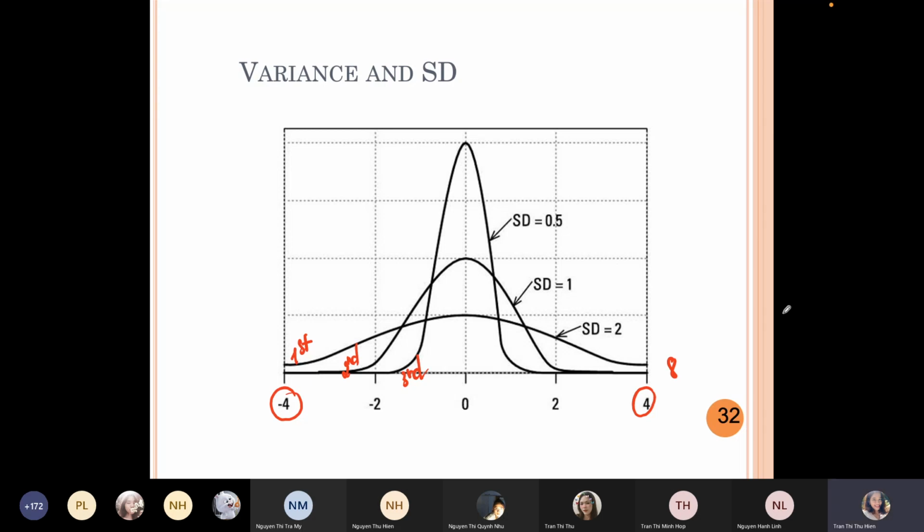What is the range for the third line? 4 minus 2... the range for the third line is 4. But when you look at the third line here,